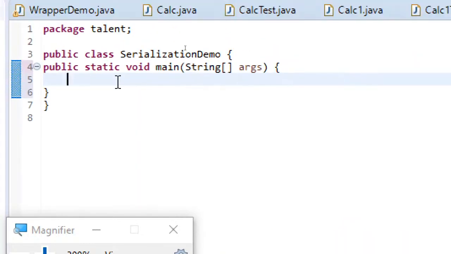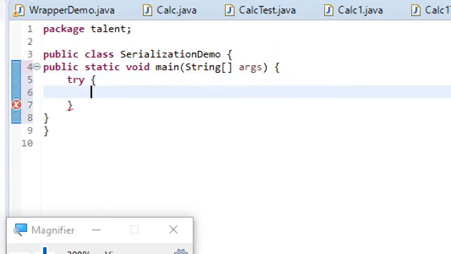In this we have to first create an object, then only we can flush it out, and later we can once again reconstruct it after flushing it.